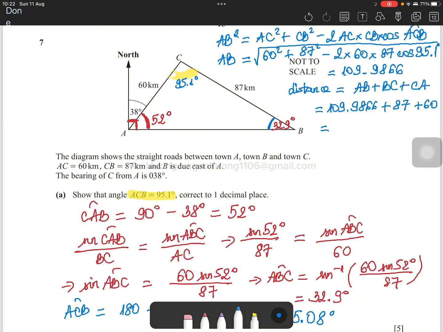So the total distance is 256.9866 kilometers. Now, if we want to find the speed, we'll divide the total distance by the time, which means